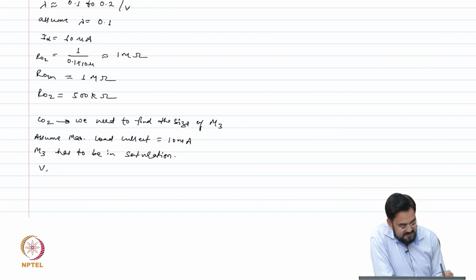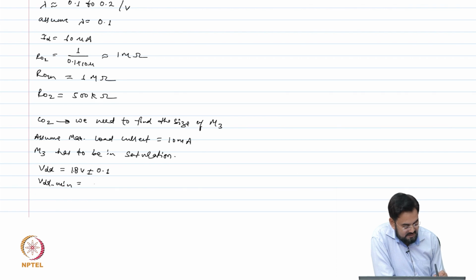Let us say your VDD is 1.8 volt plus minus 0.1, which means